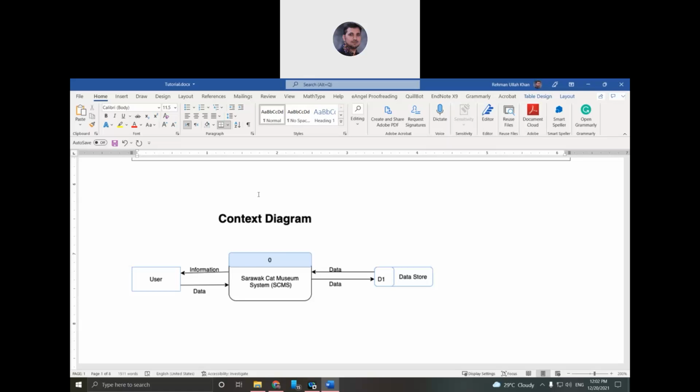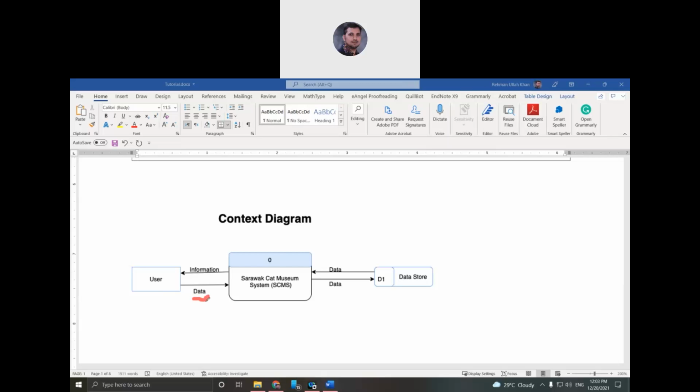Okay, you can add purchasing tickets and so on, but in this analysis that I have done, it is simply the user comes and explores the artifacts and maybe buys some souvenir. That's all. This is why I made it so simple like this, that you see here the user sends data.